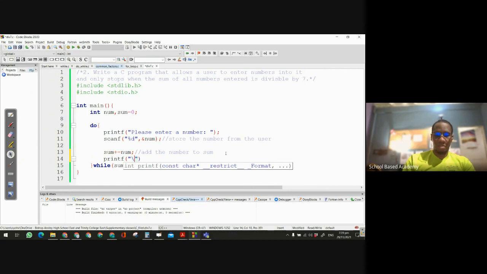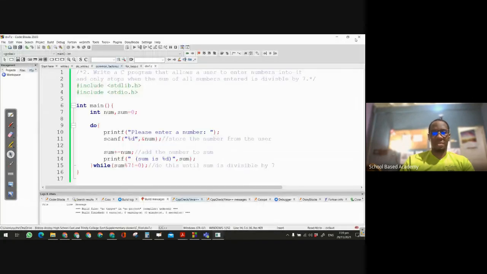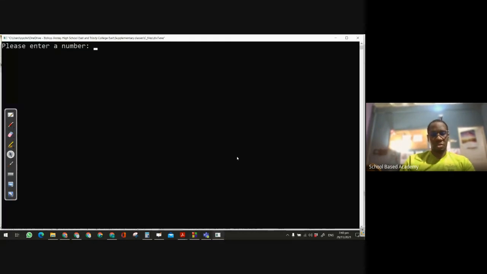So I could print out, right? Hold on. Sum is %d. So let's see. 8, sum is 8. Ooh, did I put a backslash n? Oh, no. It would tell me that because the scanf has that backslash n innate to it. So, okay. Right. So 8,